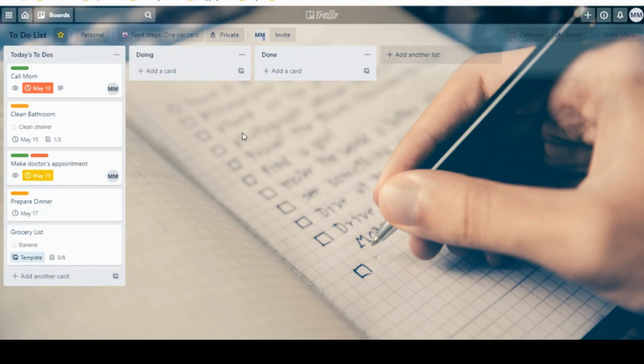I just love being able to see the checklist and not actually having to click on the card and then see what the checklist is. I can just look at my board really quickly, see what the checklist items are that I need to do next. So love that option. And then lastly, I'm going to talk about the power-ups.